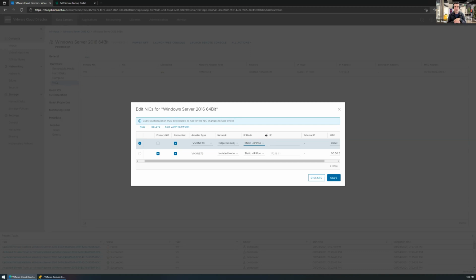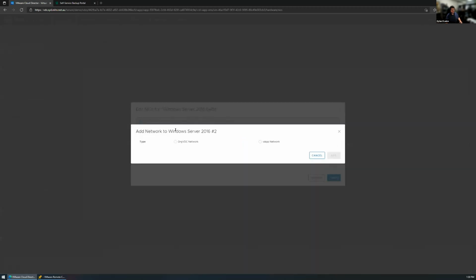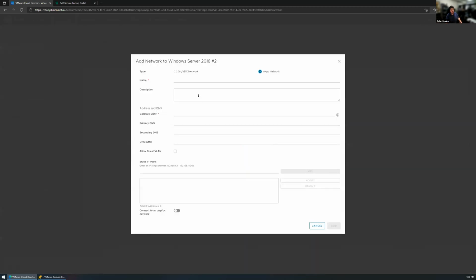But our whole platform has a full API so that you can spin up servers on the fly. And this is why you have these pools, because if you're creating a VM on the fly, it's one less thing you have to script, right? So you can do some creative things like that. Yeah, as well as you can add a vApp network, so an isolated network within that folder, straight through here, so you don't have to jump around and go to a different screen to add this.